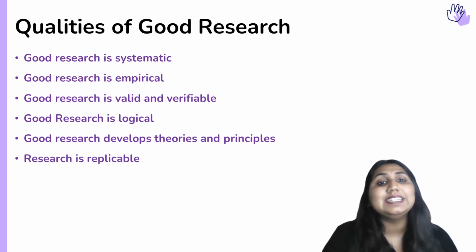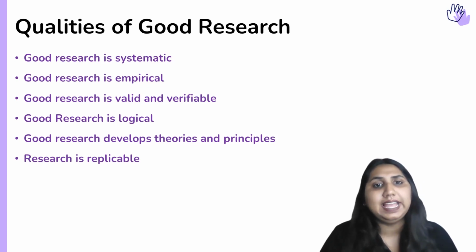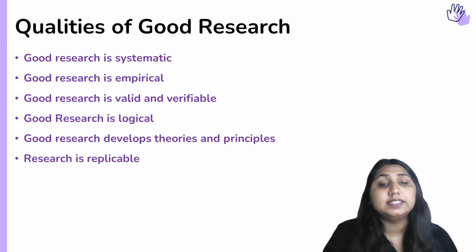Okay. Next is that research is replicable in nature. So the designs, procedures, and results of scientific research should be replicable by any person other than the researcher themselves. This means that there is a validity to research. If a research can be replicated, it means that I, as well as somebody else, can assess those results. See, what happens at times is when there is a groundbreaking finding, we think that yes, this might be true, right? And we easily adopt it.